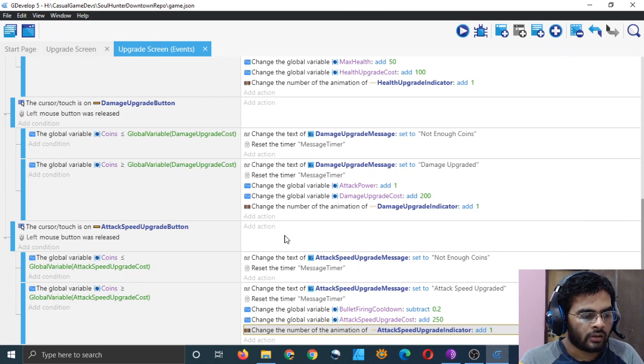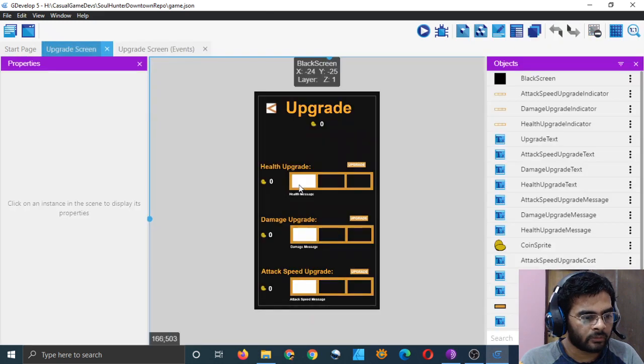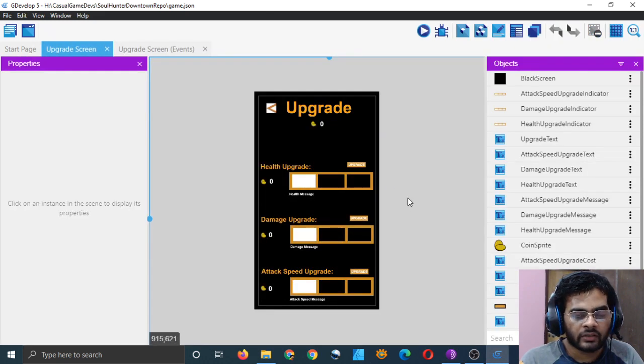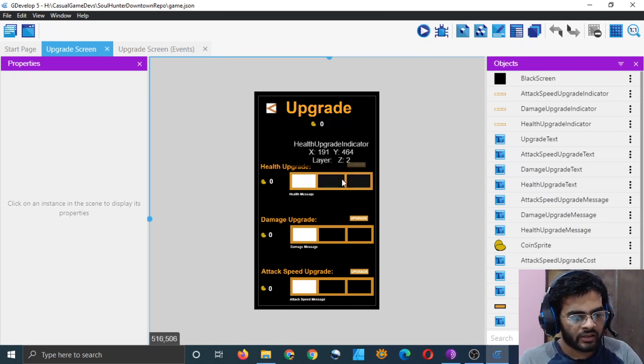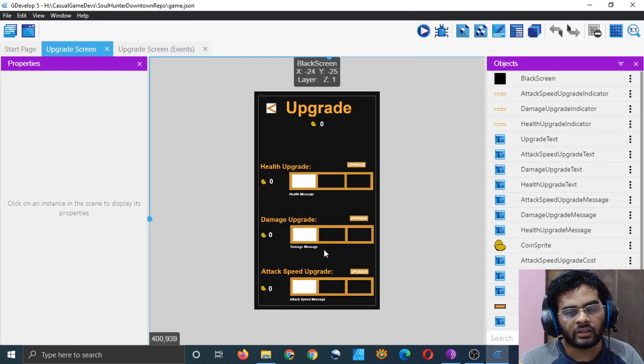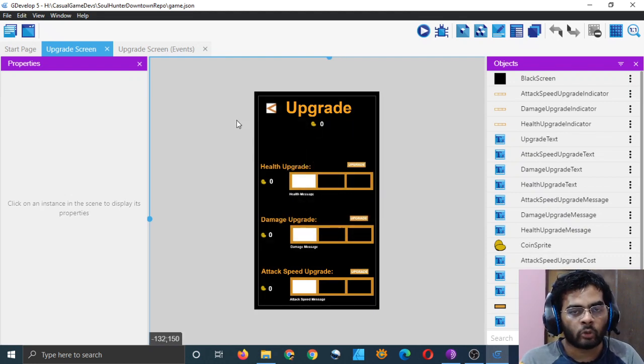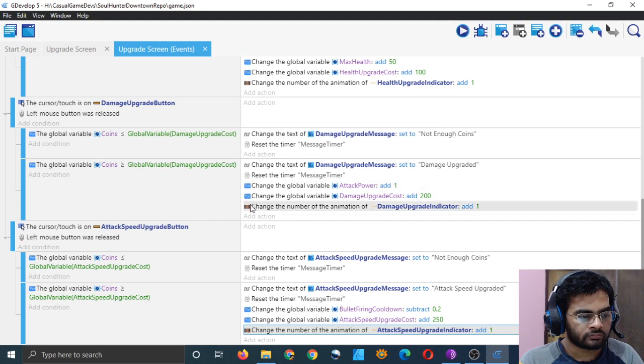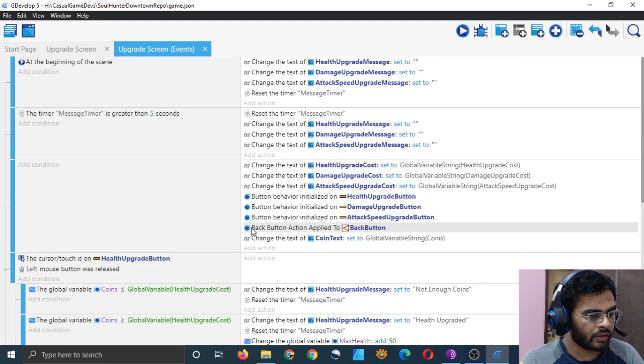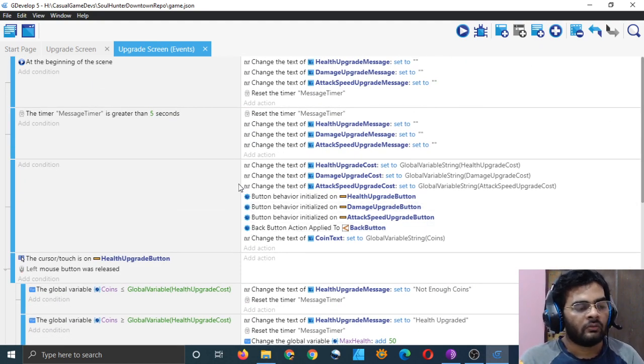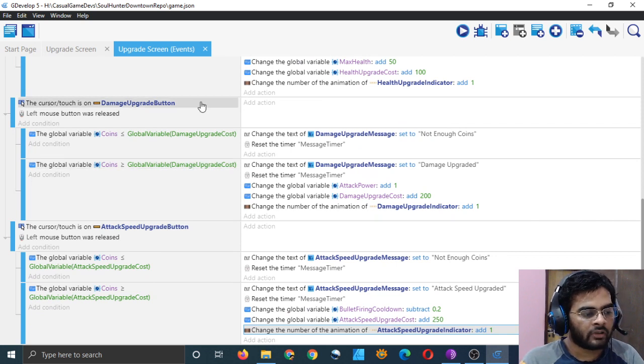Yes. And we also need to keep track of our animations. Suppose the player upgrades and then they save and exit the game. When the game continues again, these animations should be where they were when the player upgraded their properties. So to do that, we can make another variable, a different variable for damage, health and